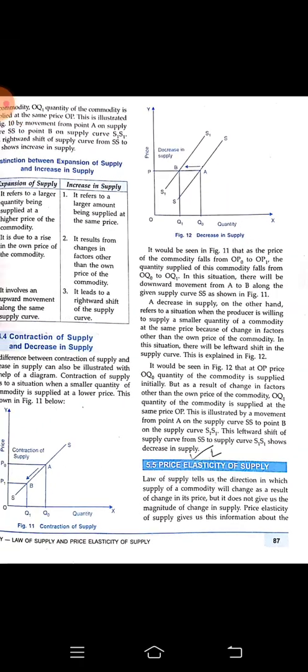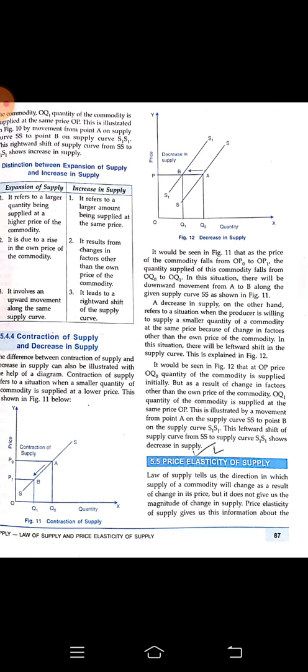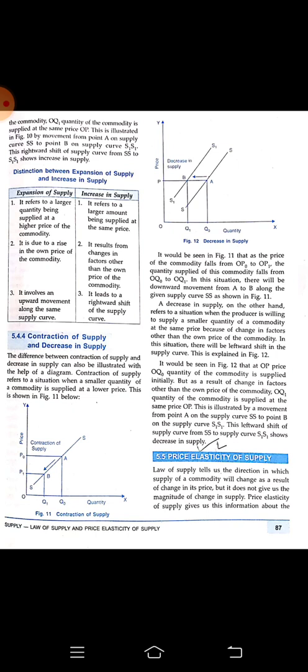Right, next we are going to understand the price elasticity of supply. Price elasticity of supply means, just now we came across the law of supply, where they are telling us about the change, about the shift, about the contraction, but how much will the change be? If there is a change in the price of the own commodity, or maybe other factors are changing, what is the degree, how much is supply going to change? That is not explained with the help of the law of supply. So we have to understand it with the help of price elasticity of supply.